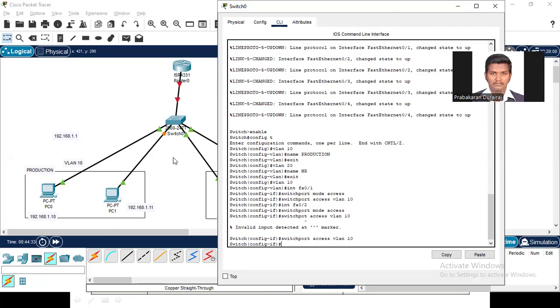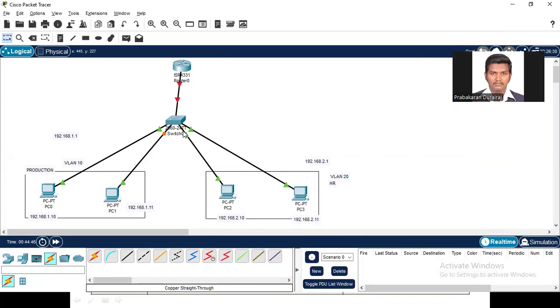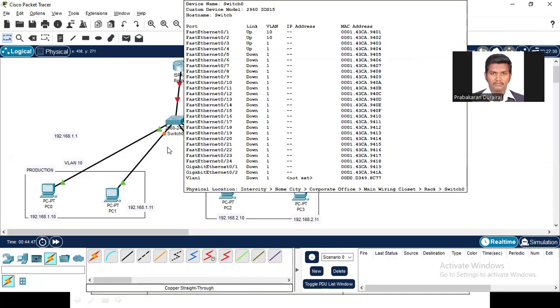So we have configured the first two lines. Look at this. Now we can see an orange color spot here, which means this line is being configured for VLAN number 10. Similarly, if we configure the next line, what is the number for this line? It is FA0/